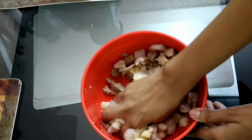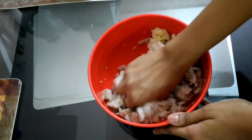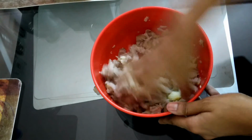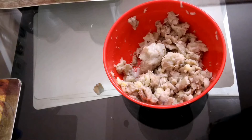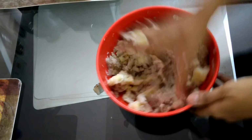If it's very young, then only 1 to 2 CTs is enough. Next, I'm adding some potato here to bind the jackfruit. It will help in the binding process. You will add the potato in batches. Don't use all the potatoes together, otherwise it will become all potatoey. If you require more, like me, I required more, so I'm adding the potatoes again